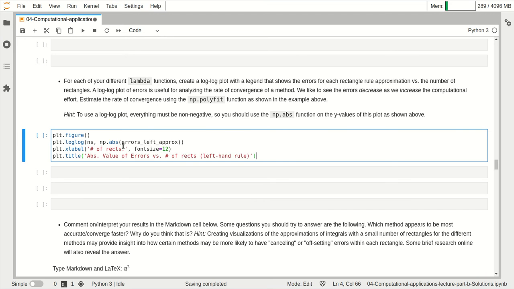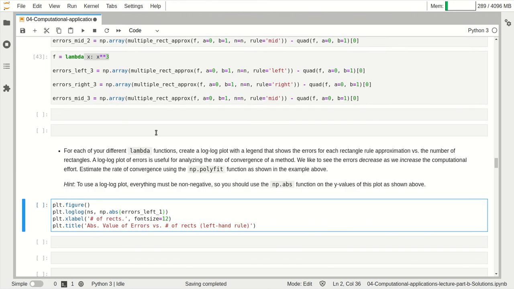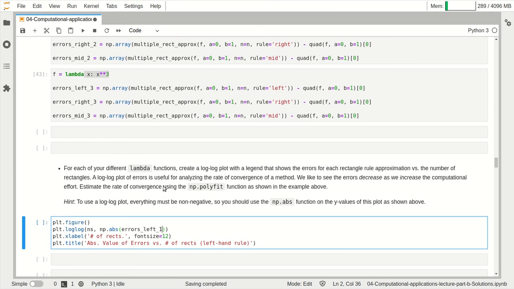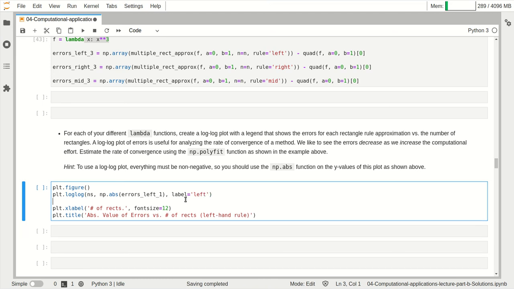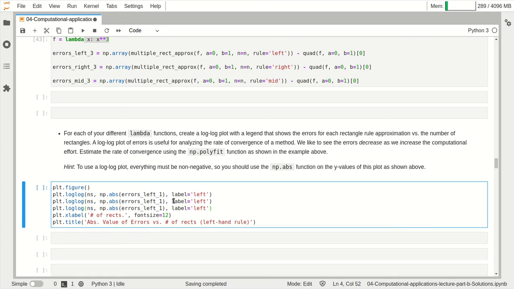So first, for the first figure, I am going to have the errors left 1, right? Because remember, I have errors left 1, errors right 1, errors mid 1. I would put all of these on the same plot. I would label this with left, and then I would copy and paste with, and this is right, and this is mid, so you can see what I'm changing. And then of course change the labels, so you shouldn't label everything the same because that makes no sense. Right, and mid, and then we're doing this for all of them, so let's update this, and it's for f